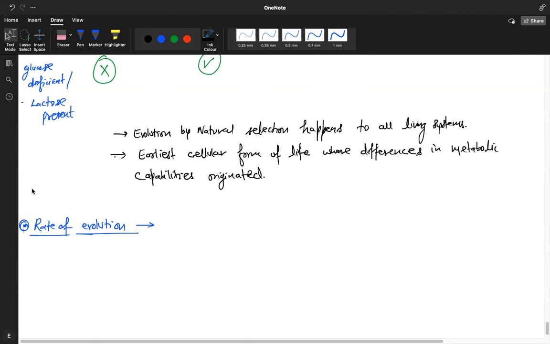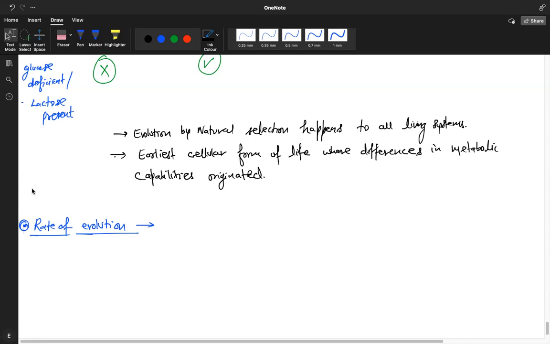Sir, I think maybe because of the simpler structure of the organism. Yes. But just because of the simpler structure of the organisms, how can you say that evolution happens faster or slower in them? If you take the example of amoeba, for getting food, they use a simple mechanism, pseudopodia.